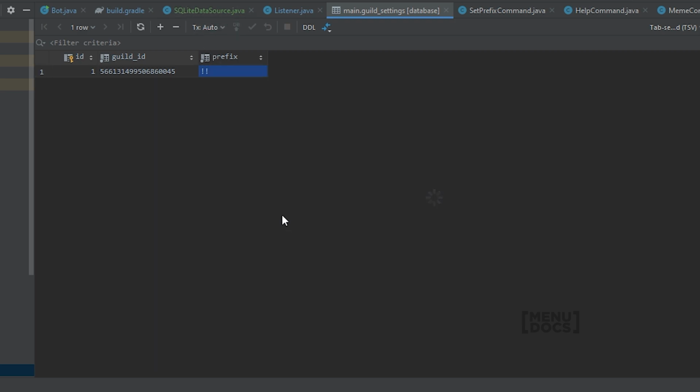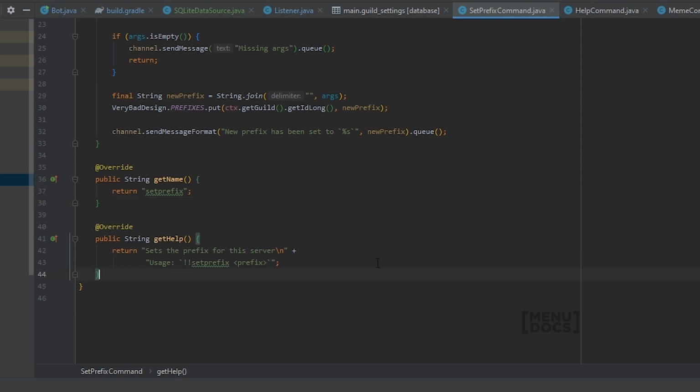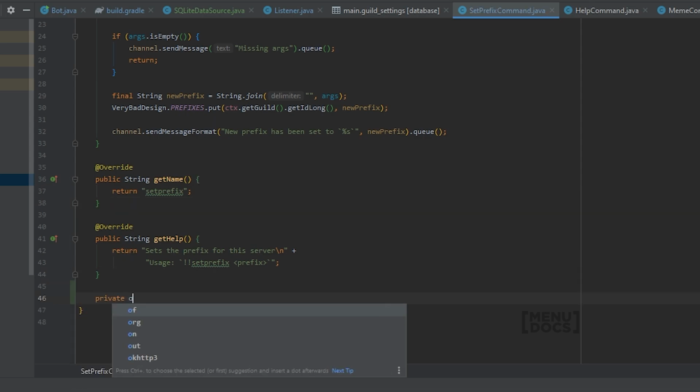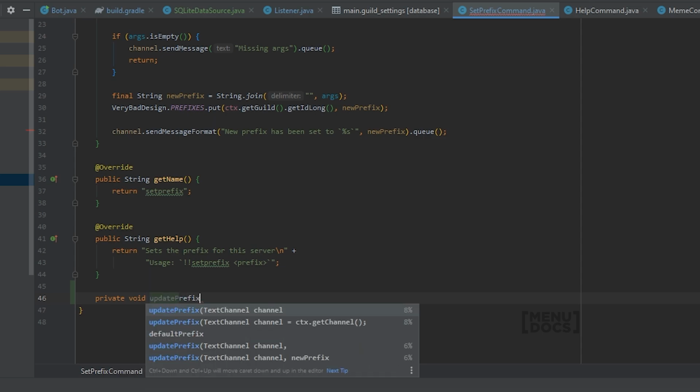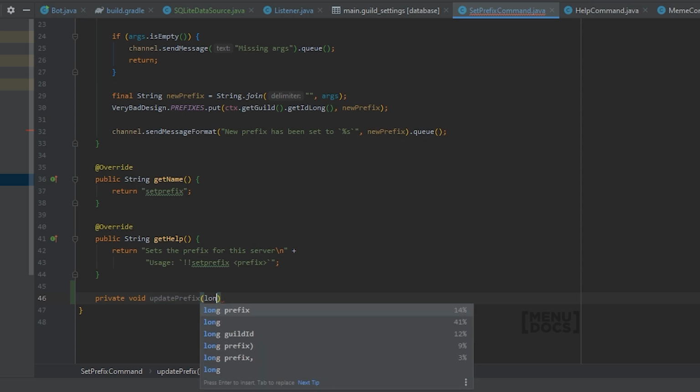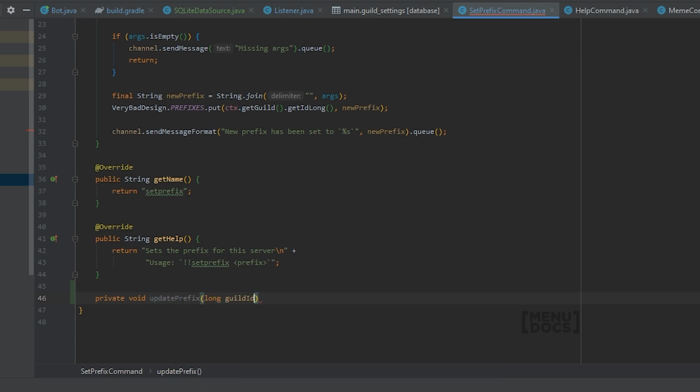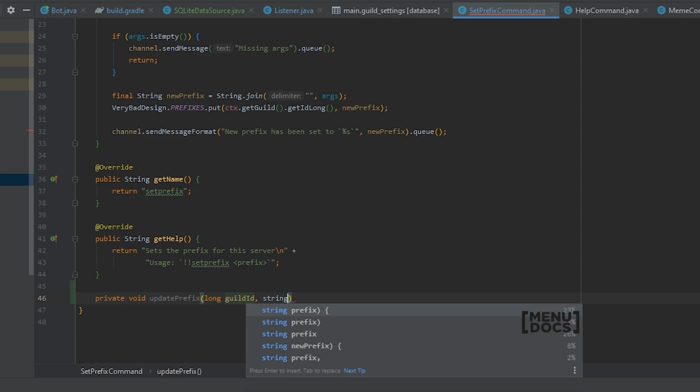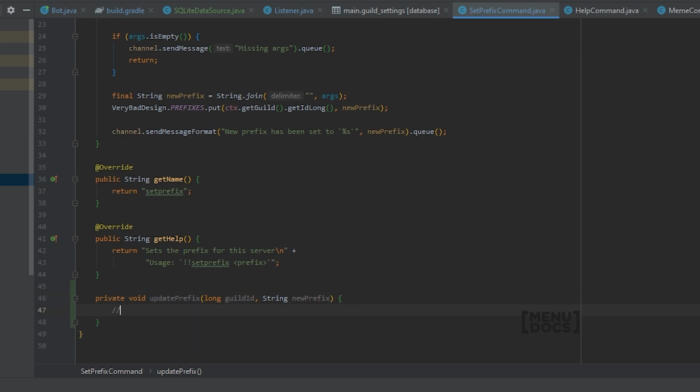So let's set this back to double exclamation mark, and let's start working on the set prefix command, which we'll do next. And when the set prefix command is done, we will be done as well. So in our set prefix command, we can do private void update prefix. We're gonna say long guild ID and string new prefix. The first thing that we can already do is copy our very bad design map